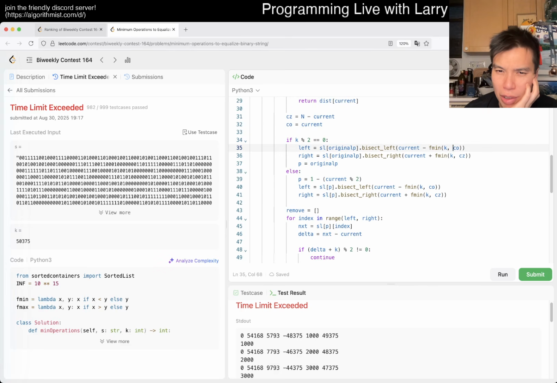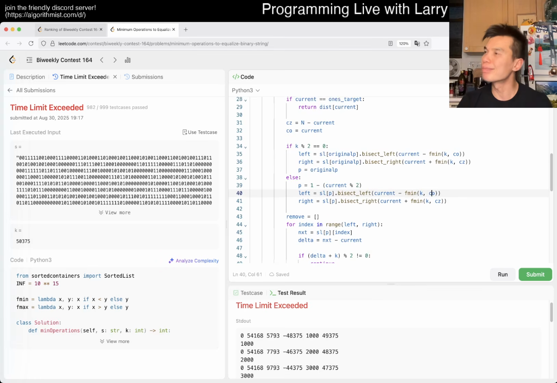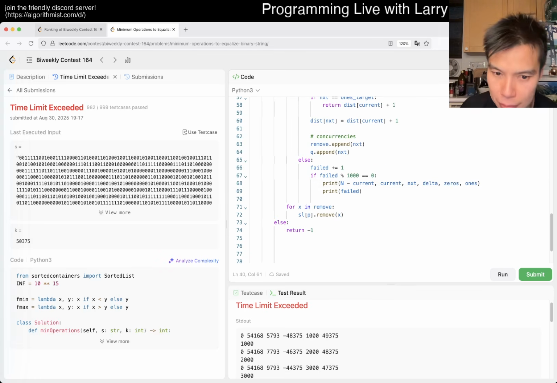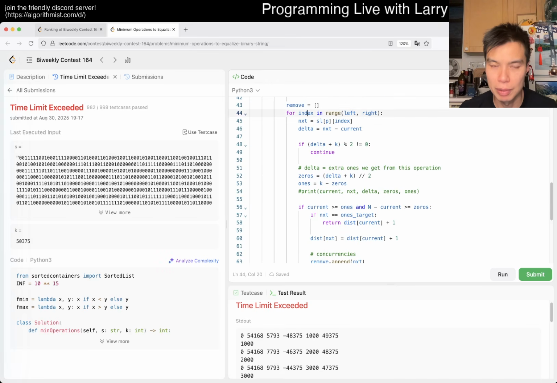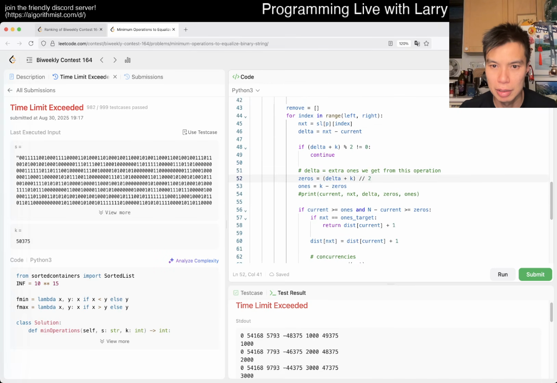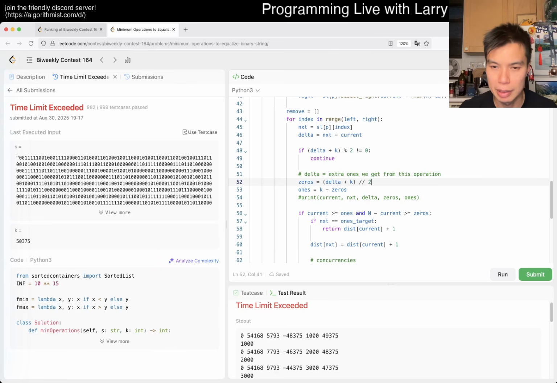Did I do this one wrong? What do these indexes mean? Okay, so this is number of ones. We want to get rid of the number of ones. Okay. But we already don't have enough zeros, and the zeros are only going to go up as we go from left to right. Right? Maybe we could do something like